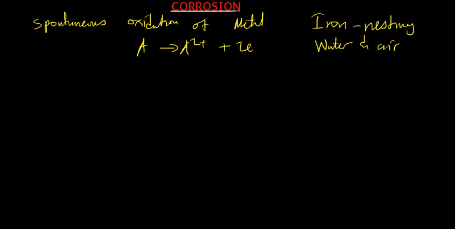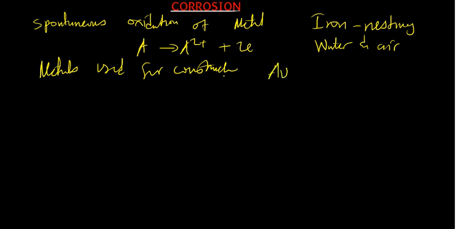Well, most of the metals which are used for construction, you are going to see that they've got a positive cell potential, except, maybe, an exception is gold. But most of the metals which are used for construction have got a positive cell potential, such that if